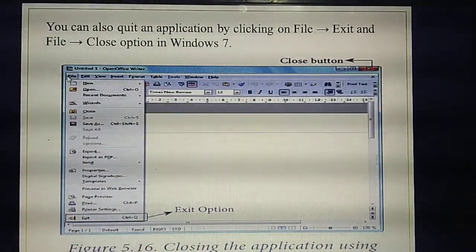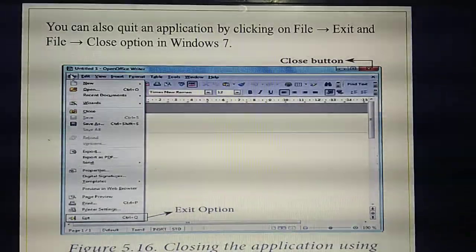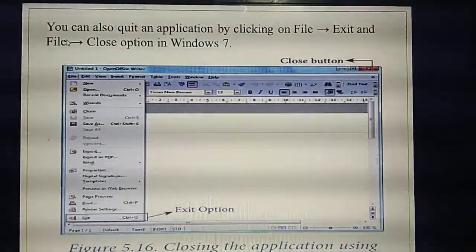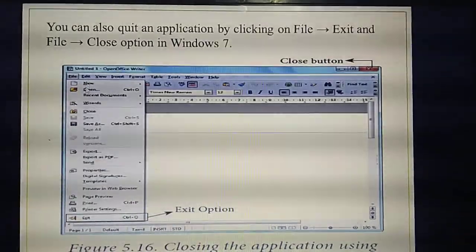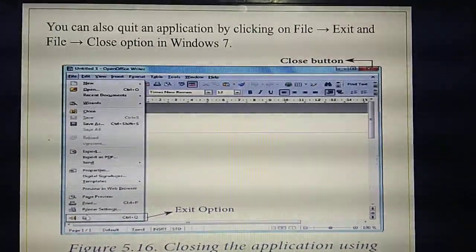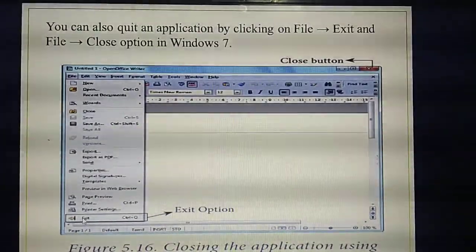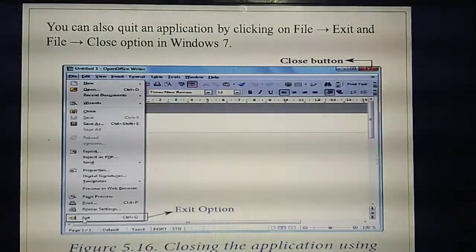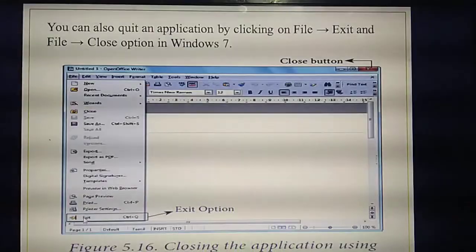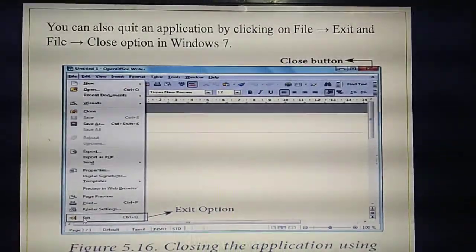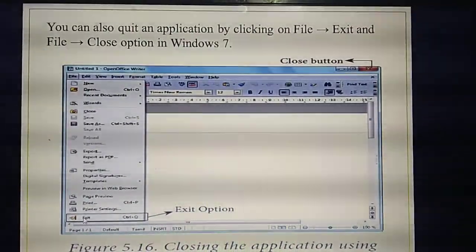The File menu. In the File menu you need to choose Exit. Have you seen it, the last option called Exit? If you click this Exit button, the particular application will get closed.